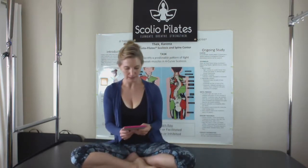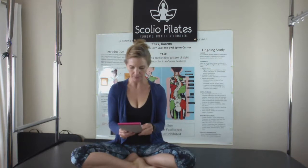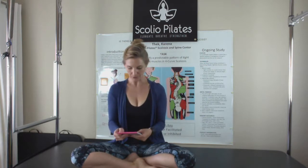In the meantime, we'll work on core conditioning. I wanted to offer you a tidbit today. I have a little list here of things so I don't cover the same thing every time. The scoliosis tidbit I have for you this week is, in case you've ever heard that exercise does not work